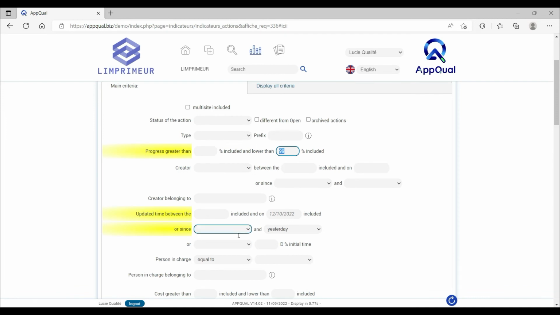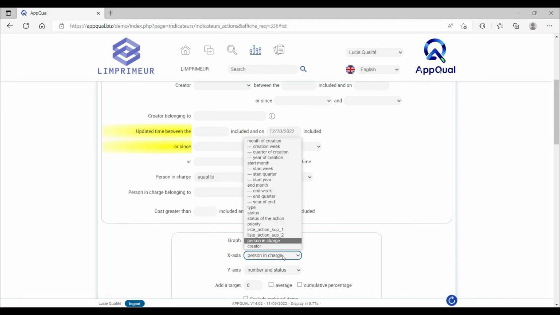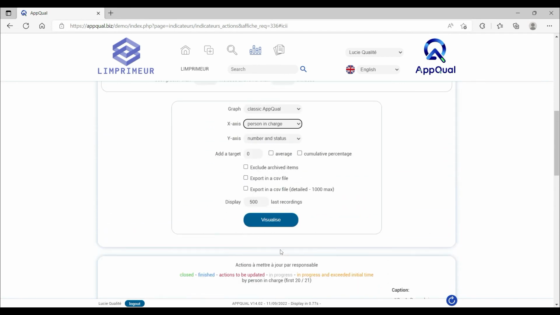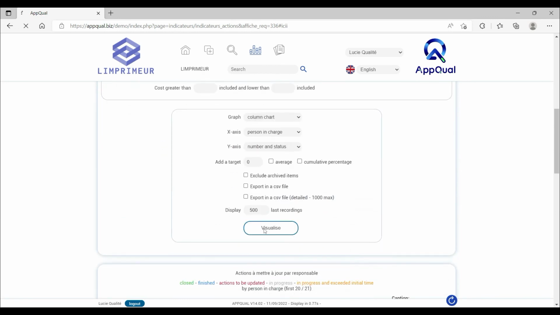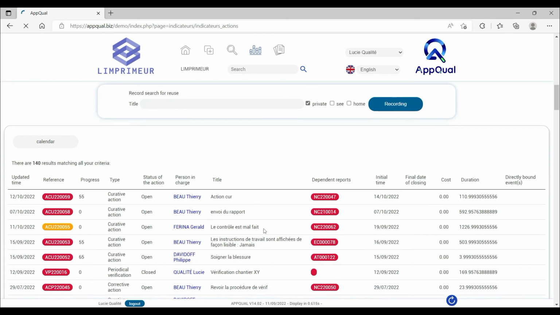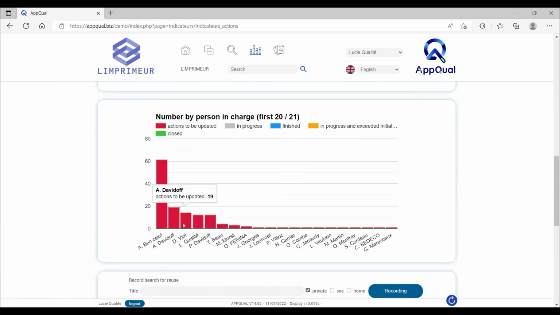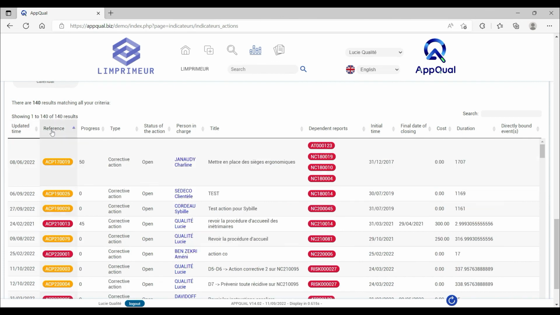And I choose to display it in the form of a graph with the x-axis by manager, so automatically it will put me in Pareto order from the most important to the least, and using the classic AppQual. But I can do it on another graph, for example, that will allow me to add a little more dynamic information by passing my mouse over the bar to have a certain amount of information that will appear. Always with the table corresponding to my request and the possibility of displaying this action table in the